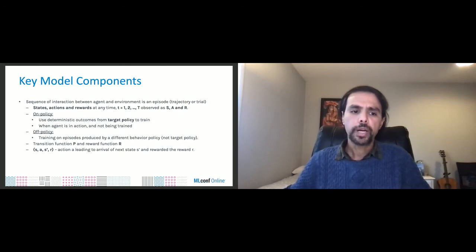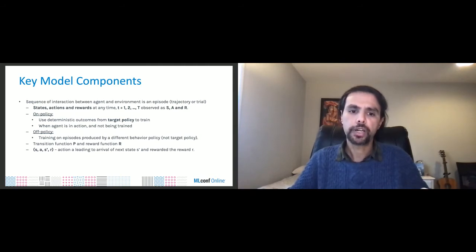Now, not to get into too much detail, but because the study that we tried for Q learning, double Q learning and TRPO involved some optimization parameters, I wanted to give a very quick sense of the key model components in the RL terminology, and then also translate what each of those means in the fraud detection domain. Generally in RL terminology, you have a sequence of interactions between the agent and environment, and a single sequence is either an episode or a trajectory.